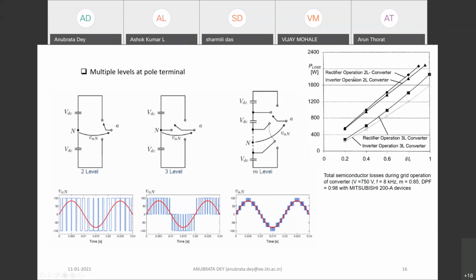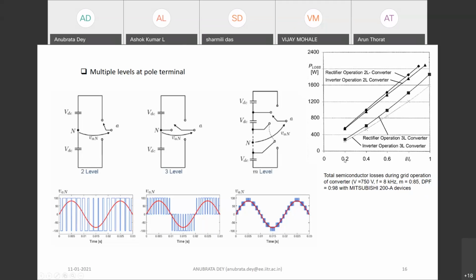So you simply look at these: Mitsubishi switches are used. The particular application is grid operation of converters, at a 750 volt grid voltage, a frequency of 8 kilohertz, a modulation index of 0.85, and a displacement power factor of 0.98. So if you compare the same situation for two level and three level, and as you change the current here,